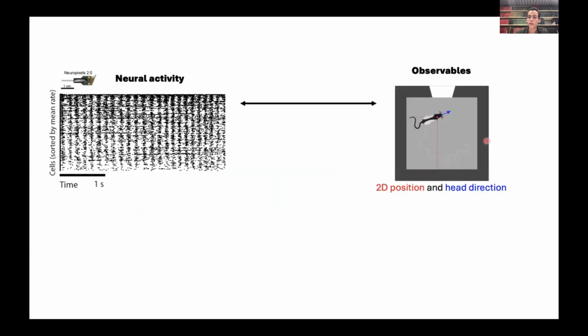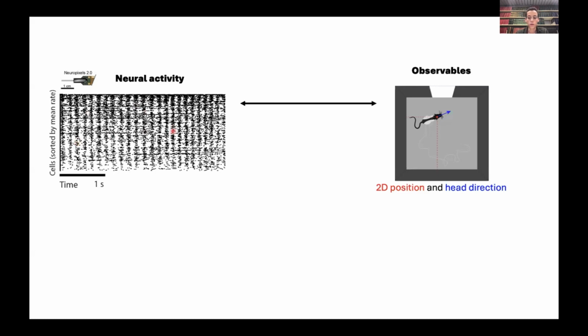And I'll give some examples from the system I'm working with, and in the process, talk about some considerations for when you do decoding analysis. So in our case, the observable variables are usually something navigation related. So we typically have a rat running around in an open box, and we track the animal's 2D XY position and its head direction. And then we record neural activity from the hippocampal formation, typically medial entorhinal cortex and neighboring